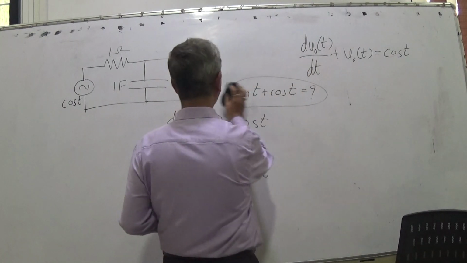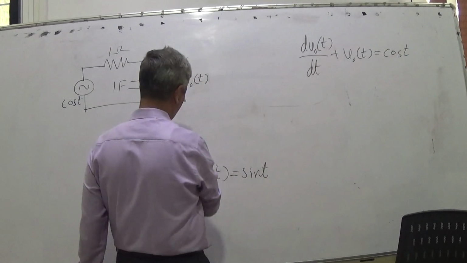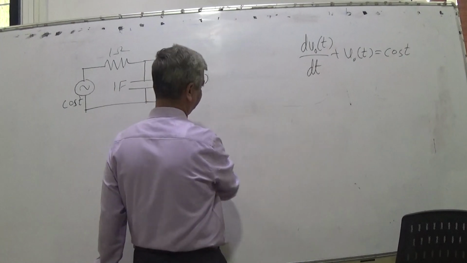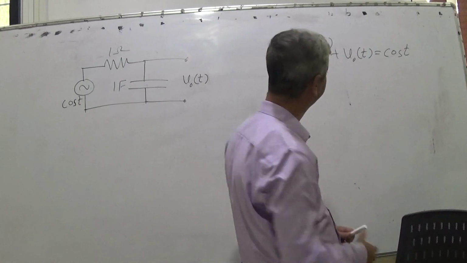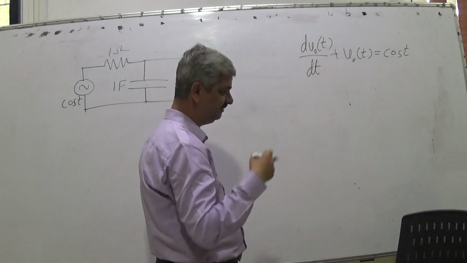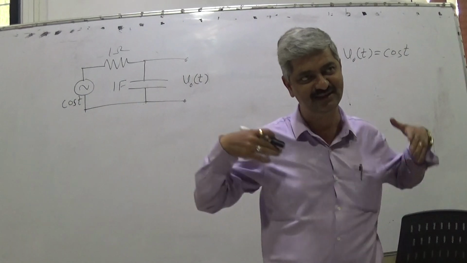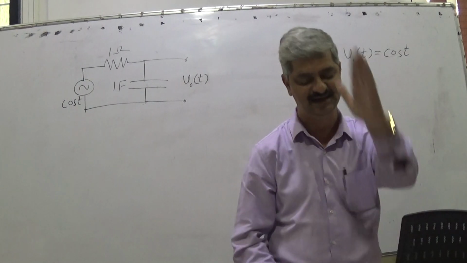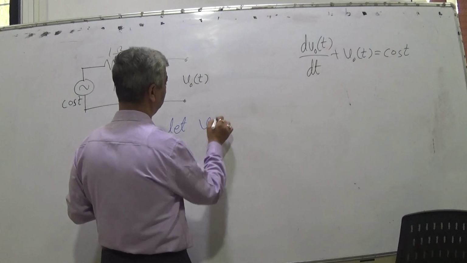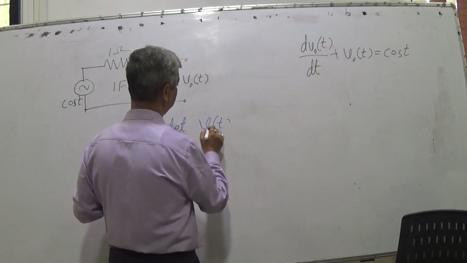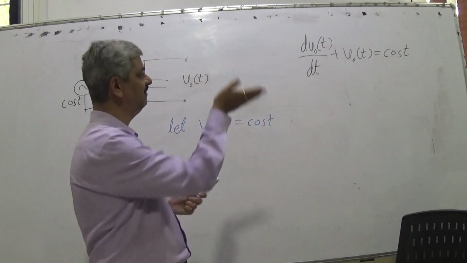Now, how may we think about this? Finding a classical solution is very difficult, so let us not try that way. We try with some trial and error. So trial and error: let v of t is cos t. Means assume one solution, finally just find the RHS.